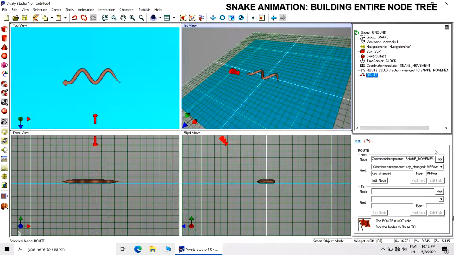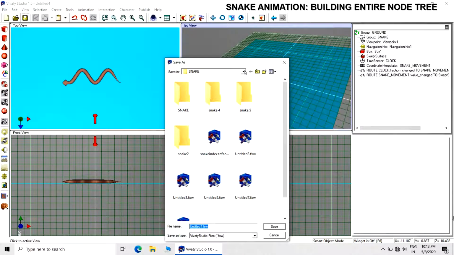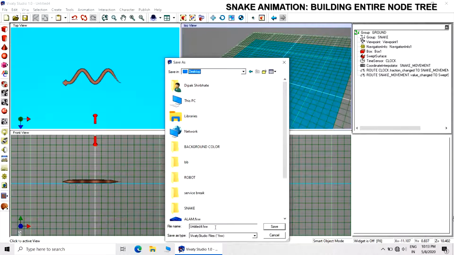It is from the coordinate interpolator, the snake movement, to the swept surface. That completes the construction of the entire snake animation node tree.